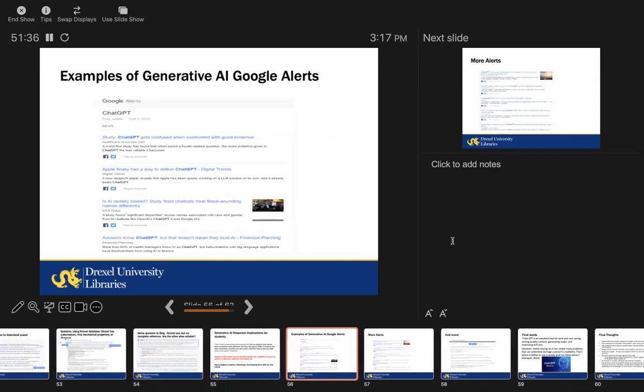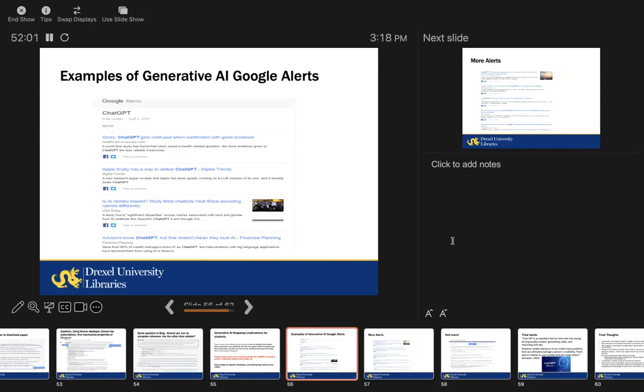And I'm sure you are aware of Google Alerts, right? Are you using the Google Alert system? You can create a search query in Google Alert, and every time something new comes up, you will get a notification. So these are from April 5, 2024, so it's most recent, just 5 days back. I created an alert for ChatGPT.